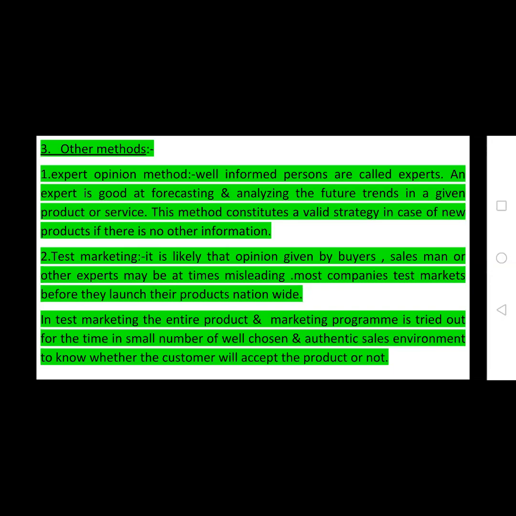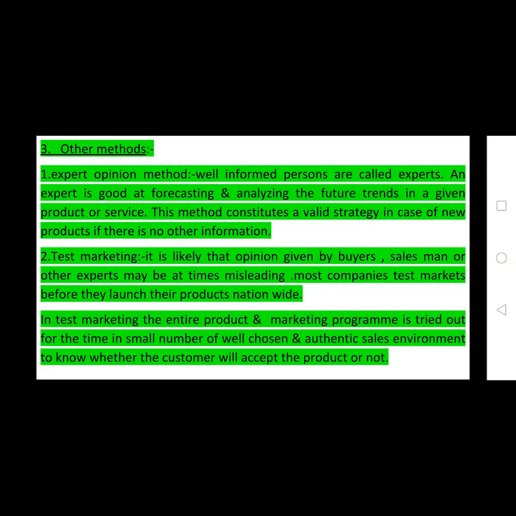That is the expert opinion method. It means the company takes the help of an expert for estimating the future demand. In general, we use the expert opinion method if the company has no past data, that is, the past data is not available in the company files. In this case, we use the expert opinion method. Or if the company is new or the product is new to the market, in these situations we adopt the expert opinion method.